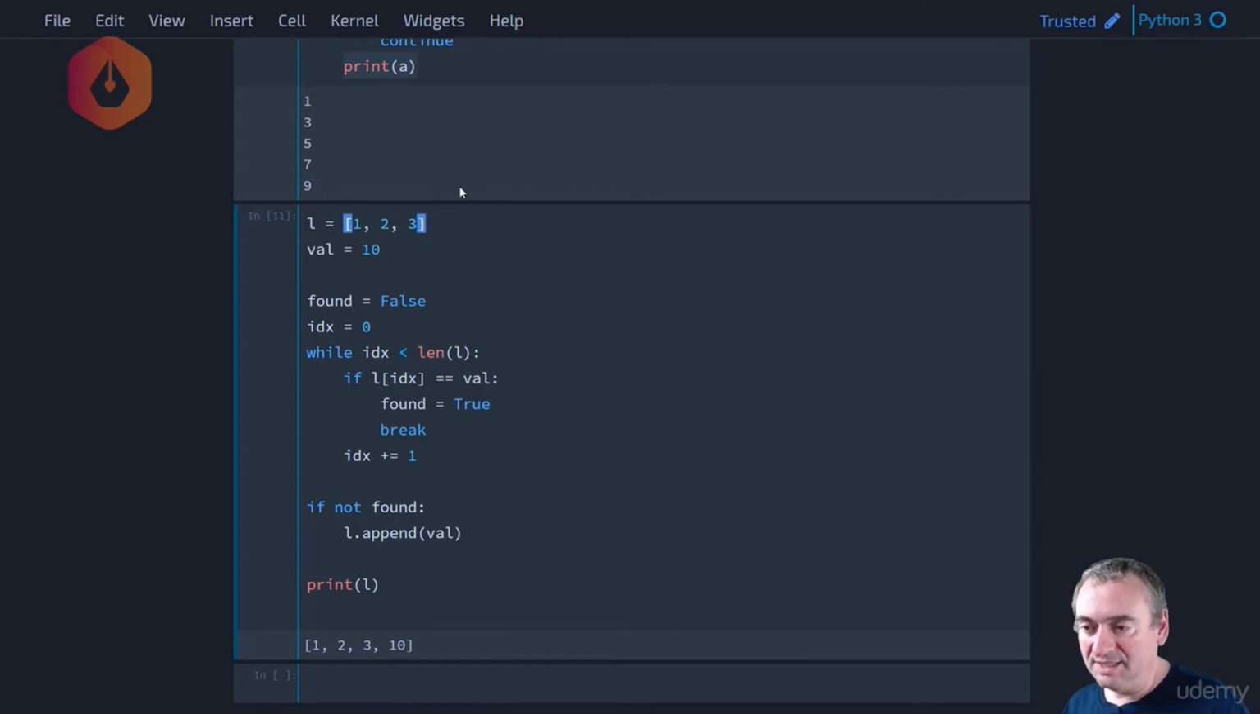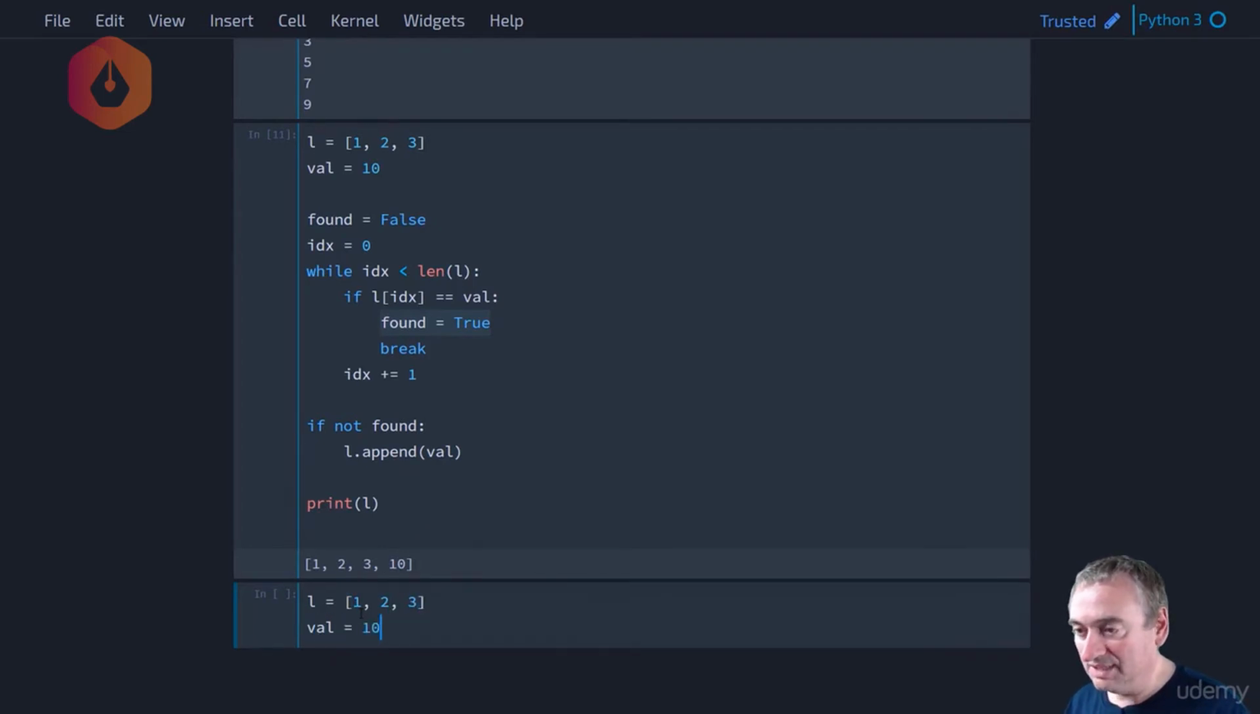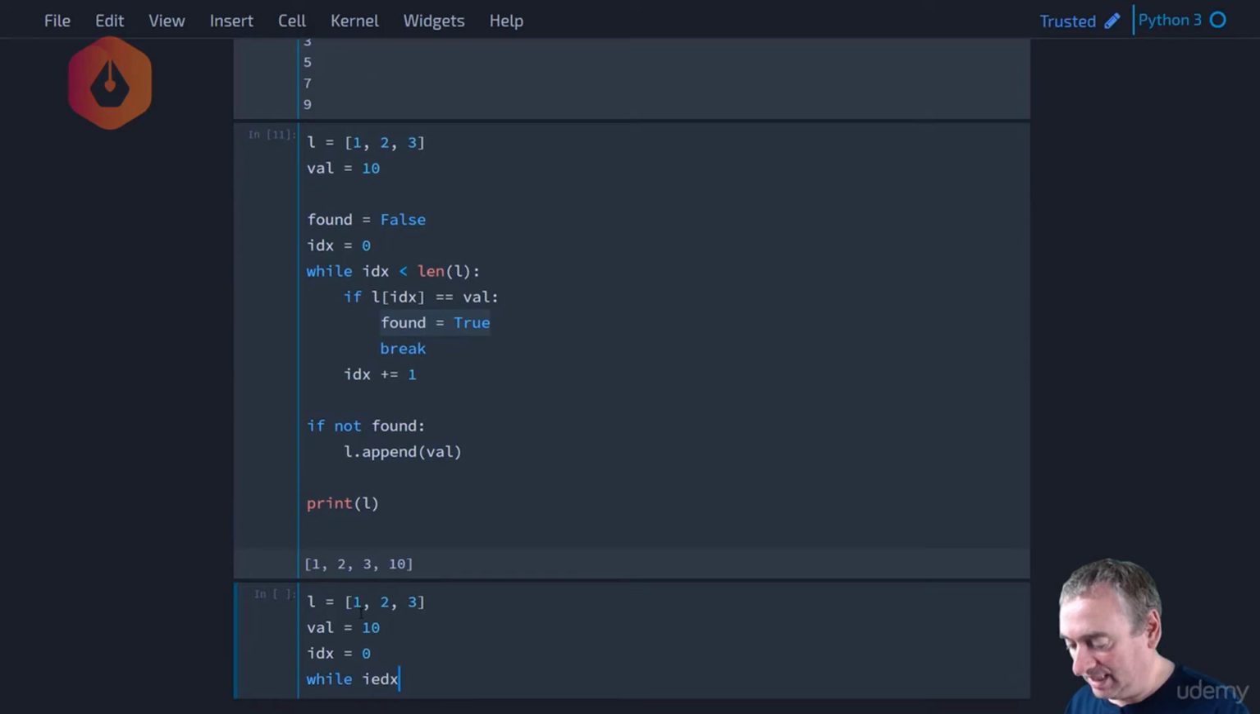But there's a way to do this a little bit better without having to keep track of that flag, basically. And that's by using the else statement. So let's rewrite this that way. So let's say L equals 1, 2, 3, val equals 10. Now we're not going to use found equals false, but we are going to need the index. So we'll set the index equal to 0. And then while idx is less than length of L,